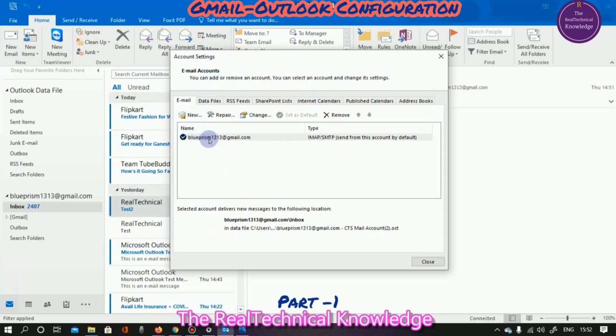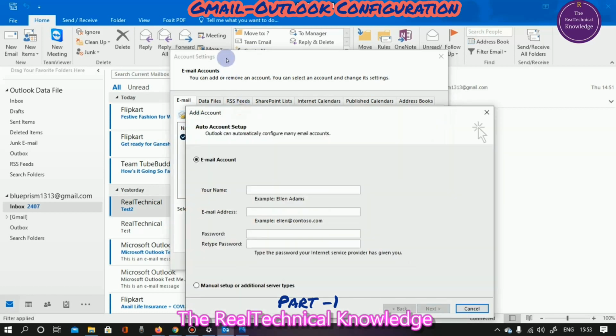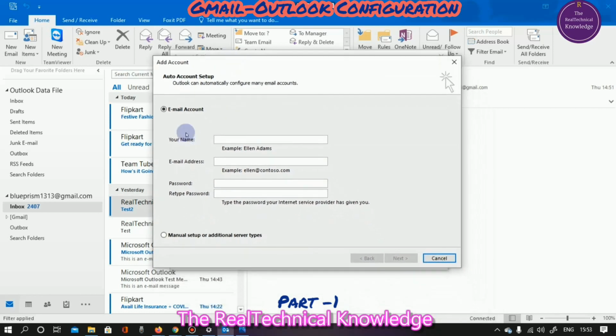So see, I have already configured one of my Gmail accounts. If you want to configure another Gmail account here, we need to click on New. After clicking on New, Outlook will ask you with an Add Account option. There are two options in this window. First one is Email Account and another one is Manual setup or additional server types.